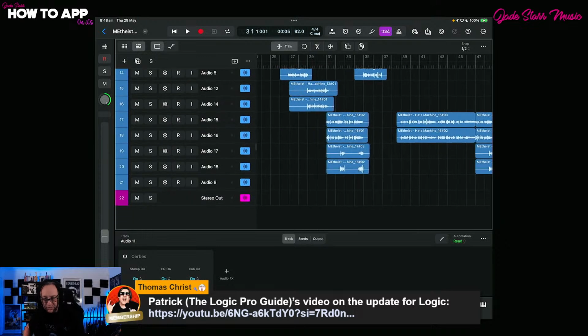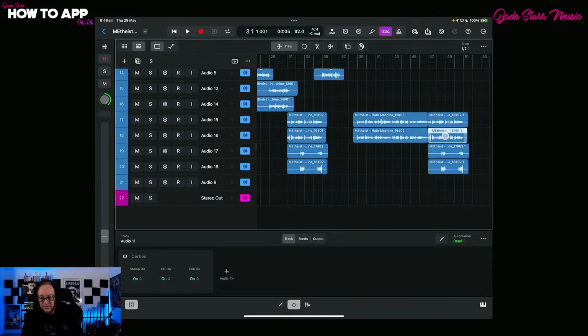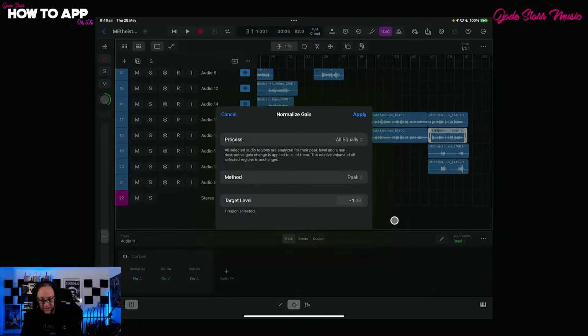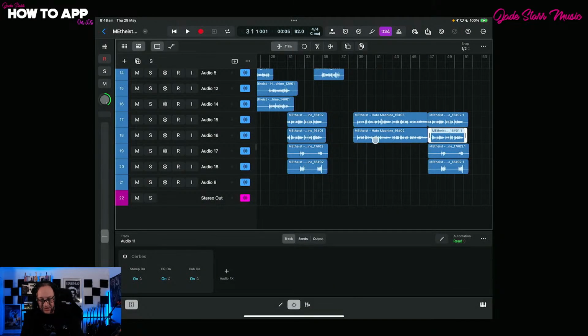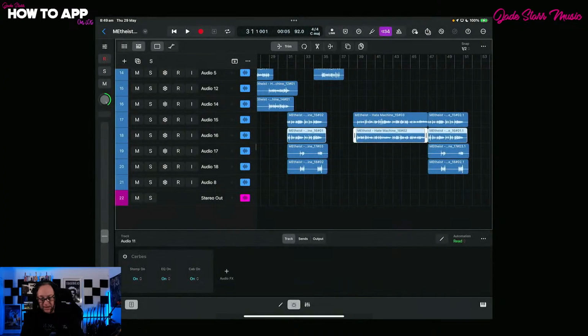Now, for example, let's take a look at these vocals here. I can make these louder. We talked about this before. So the Normalize Region, and we can say all equally. Now, if I select all of these vocals and hit Normalize, all equally, they're all going to go